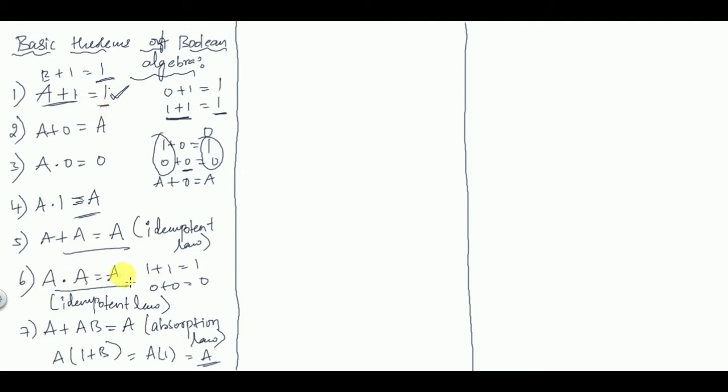So A into A is equal to A, B into B is also equal to B, C into C is also equal to C, and so on. I am taking A as one example here, and wherever I require another variable, I take it as B. But it is applicable for B also. You can place any value in the place of the literal. Understood? So B plus 0 is also equal to B, B into 0 is 0, B into 1 is equal to B, B plus B is equal to B, and so on. Keep that in mind.